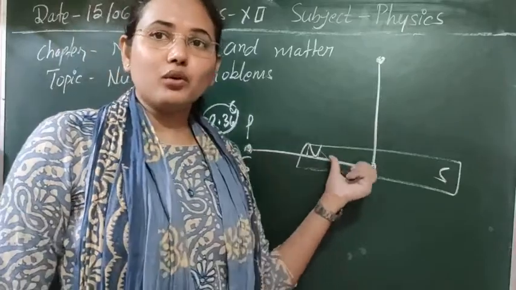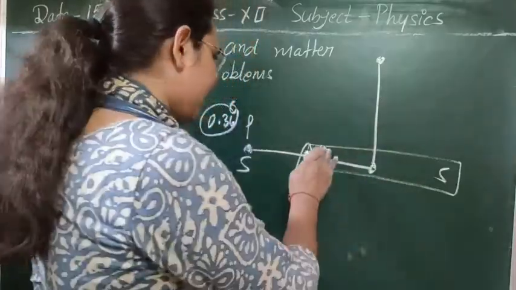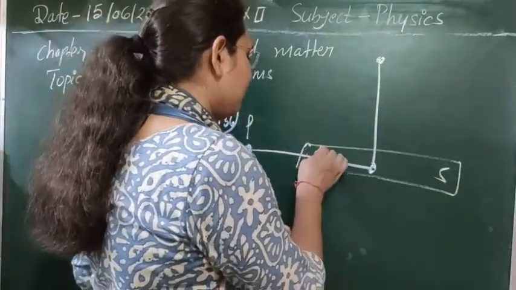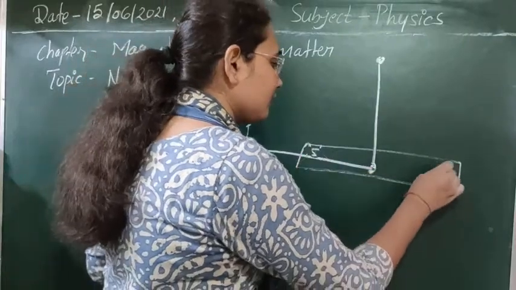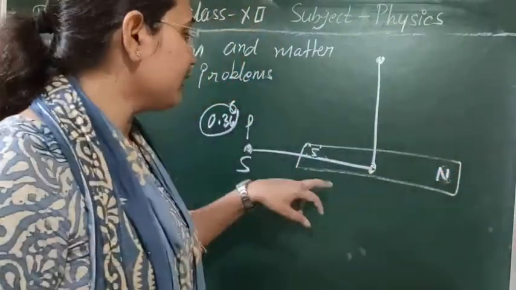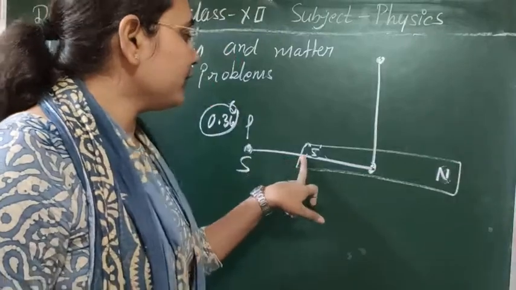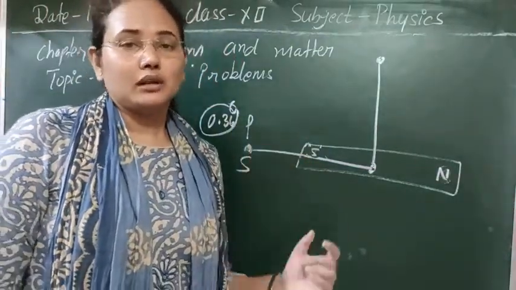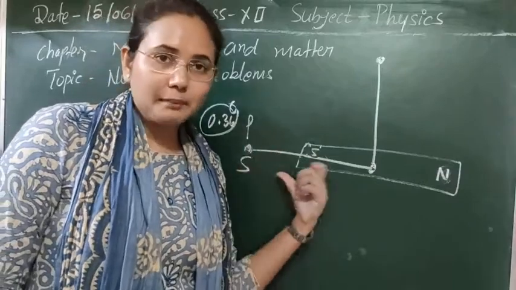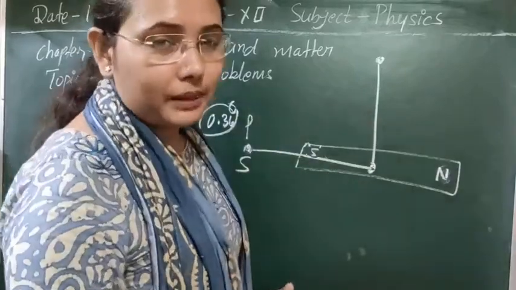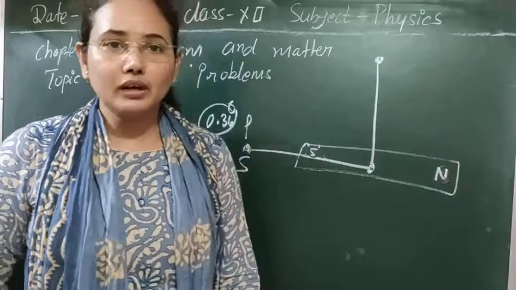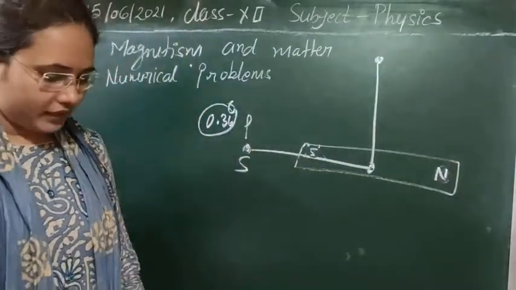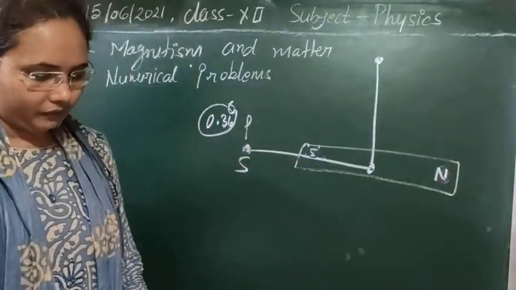But whenever we rotate it by 180 degrees, then the south pole of this magnet will be at this side and the north pole at this side. Means now the south pole will be beside the south pole. That means it will now try to repel this one. So due to the repulsion, now the position of the null point will change. So let's write down what the value will be here.